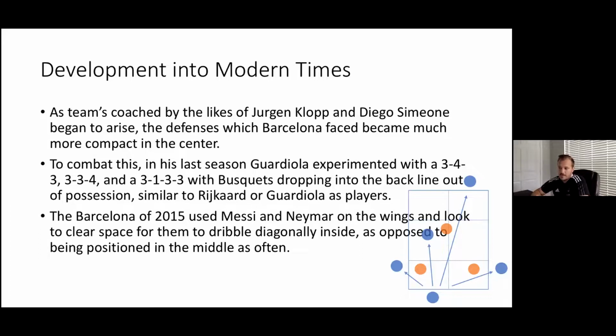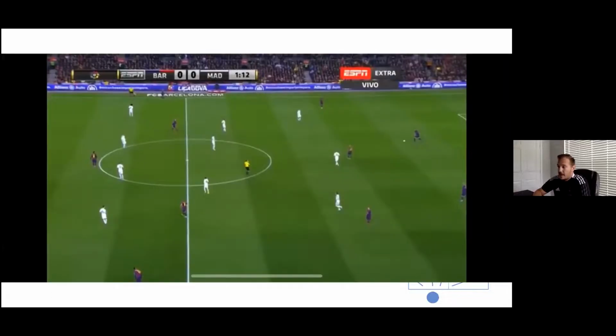And in 2015's Barcelona, you got to see Messi wasn't anymore in the middle, really. They used him and Neymar on the wings to make space now against these teams who are so compact in the middle and moving fast side to side. You need to have your best players maybe on the wings to have more space to create attacks, right? So you would see a little bit more where they were like this.